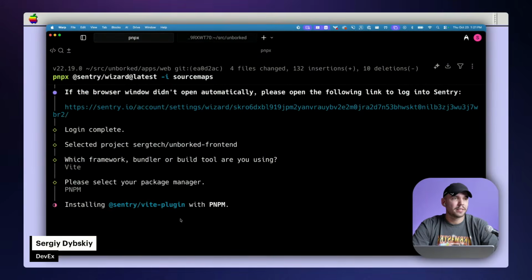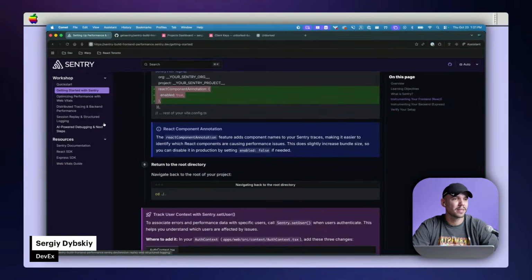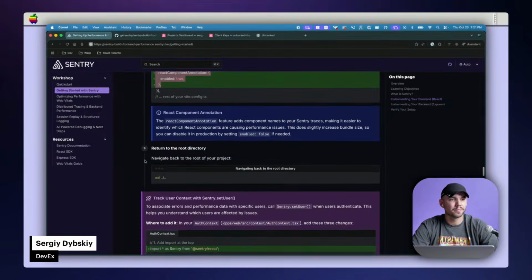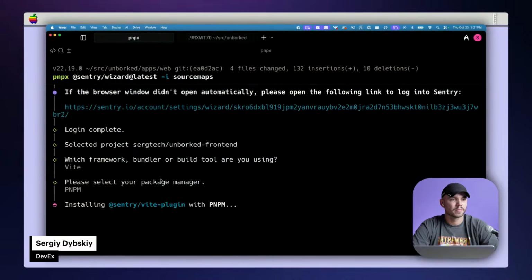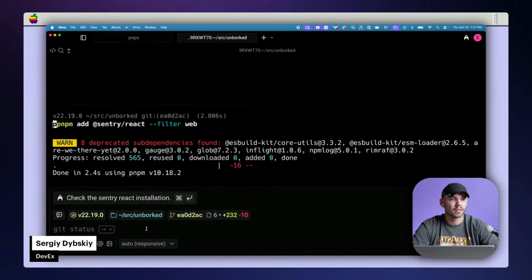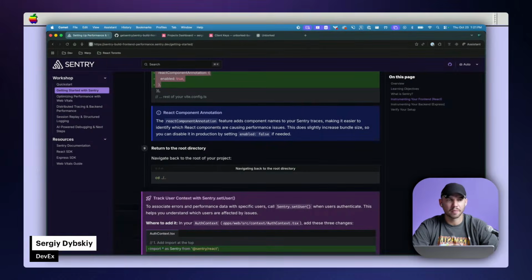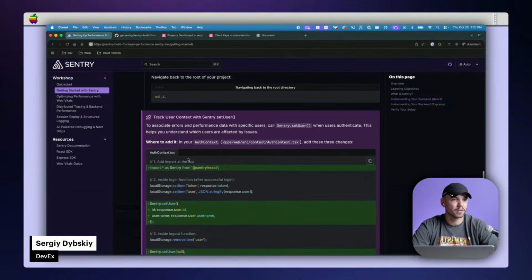Let's see where we're at installing. My internet is not cooperating with me. I wonder if we can set up the backend as well. So,